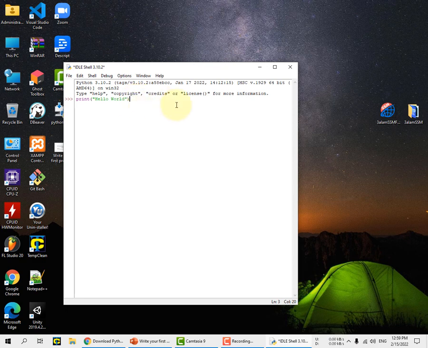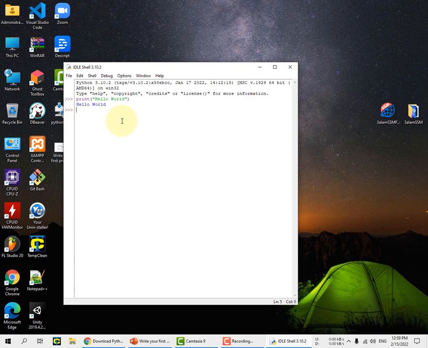So we will hit enter. There is no semicolon in the Python language, so it's so easy to use. And by the way, this print command to print something on the screen is the easiest and simplest way in all the programming languages. So Python is so simple and easy to use. So we'll execute this code by hitting enter. So it's now printed on the screen hello world. This is our first Python application.